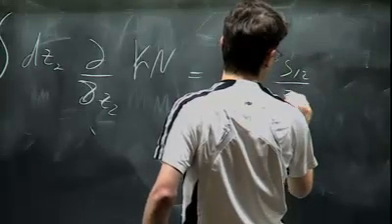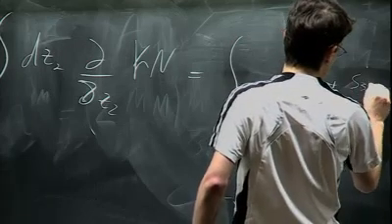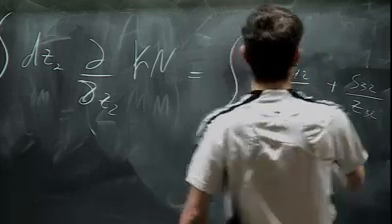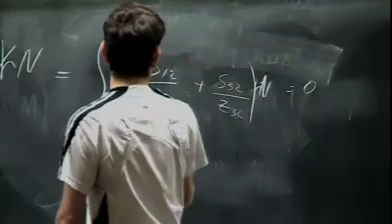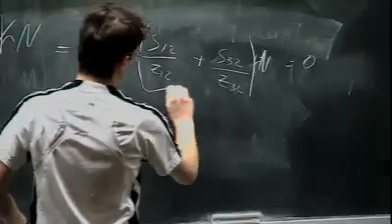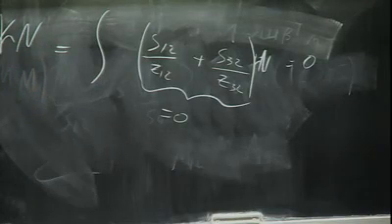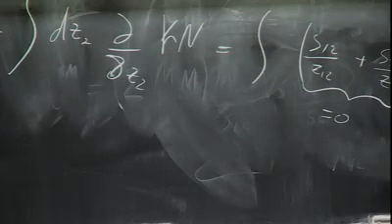S12 over Z12 plus S32 over Z32. And then that multiplying the Koba-Nielsen, that is 0. So we are allowed to use that this guy is 0 inside the integral. So let's do it here. And if you do that there, you get something nice, because